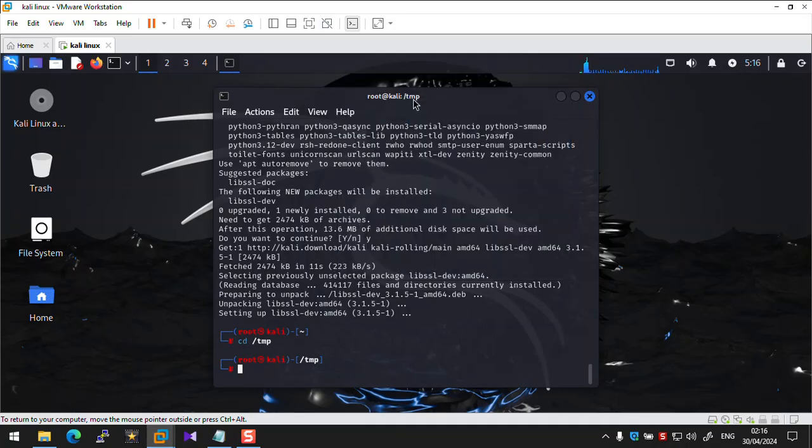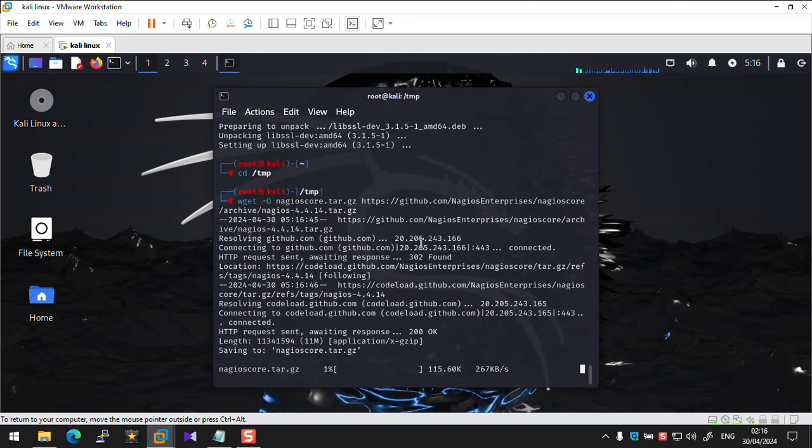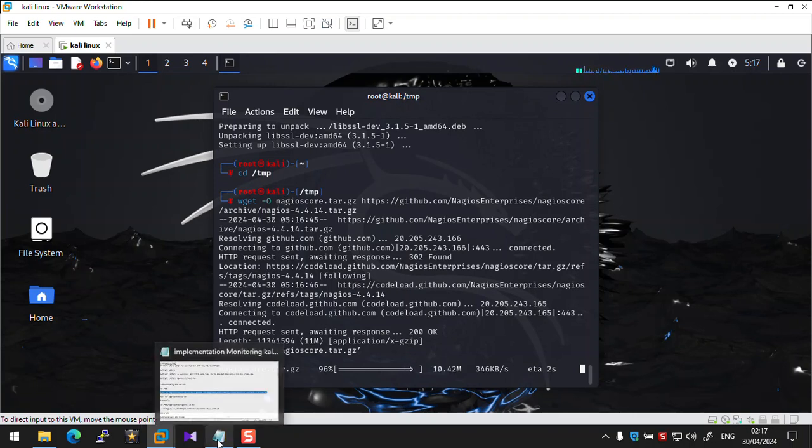Copy and paste this and download Nagios Core monitoring. After downloading Nagios Core monitoring,